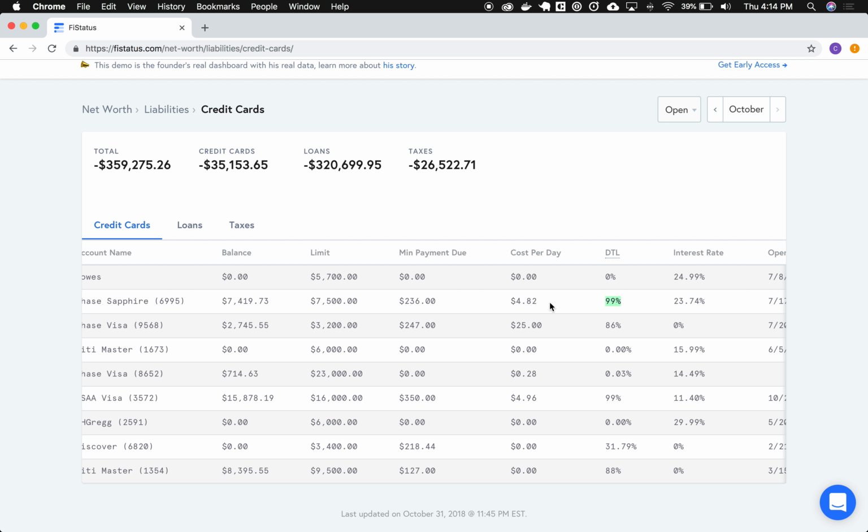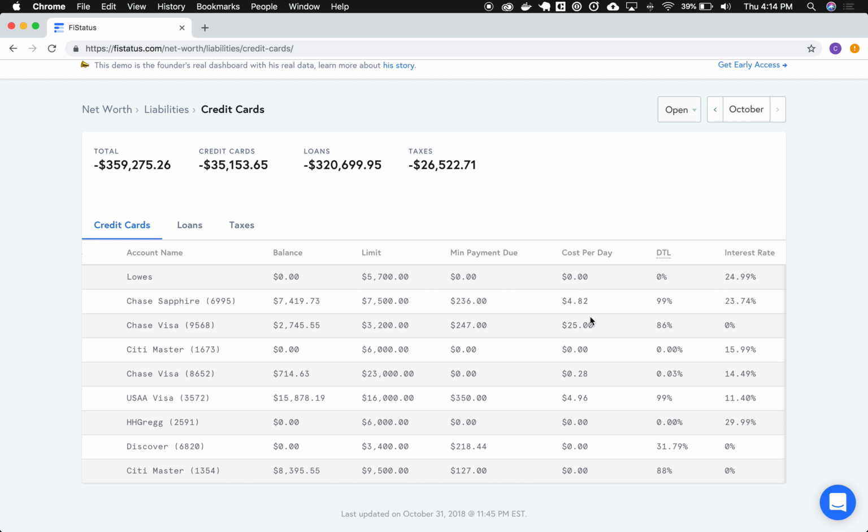That's horrible. This one credit card per day basically costs me a nice venti iced coffee. To just have money in that bank, or to take that debt out, it's costing me a coffee every single day. It's insane. This is where people fail to recognize how bad and how dangerous debt can get, right? So if we go to loans,